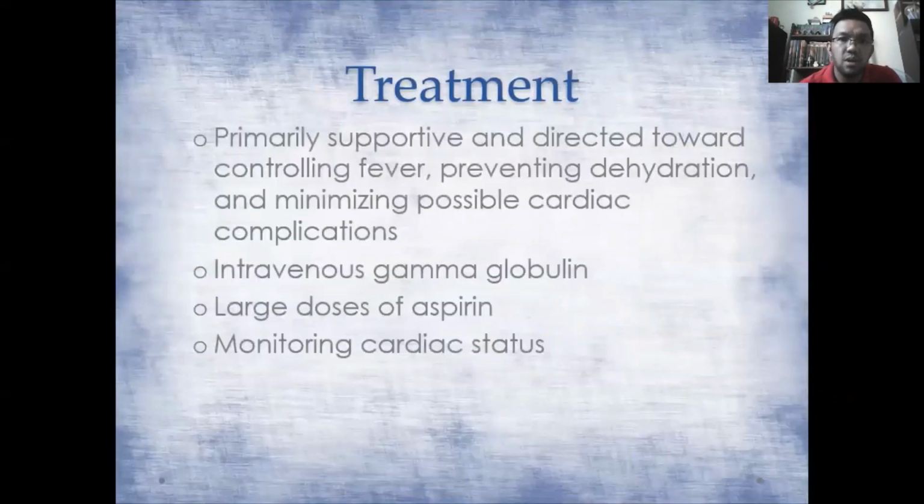Treatment. The treatment is primarily supportive because it has no known cause. How are we going to treat it? Just supportive treatment to reduce the signs and symptoms. So it's directed towards controlling fever, preventing dehydration, and minimizing possible cardiac complications. So intravenous gamma globulins will be given. It also depends on the weight of the patient on how much gamma globulin is going to be given, and